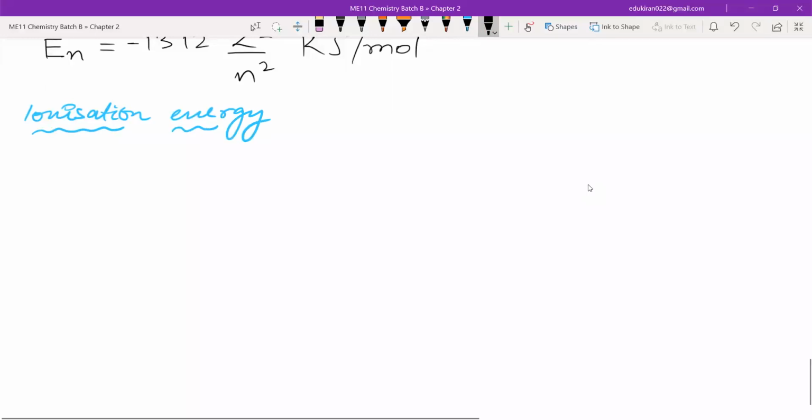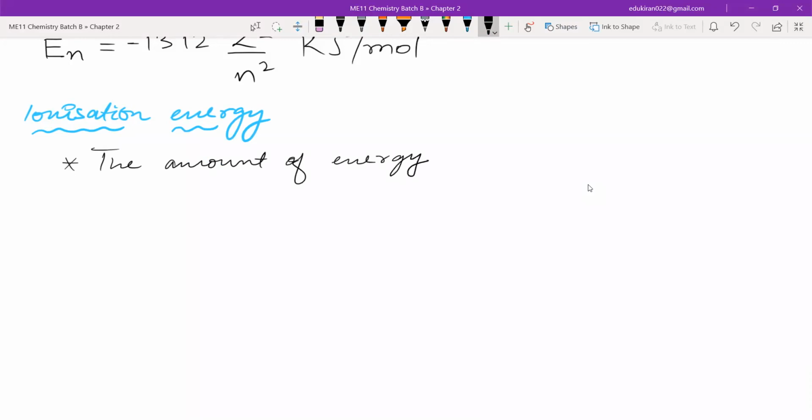Ionization energy is the amount of energy required to remove